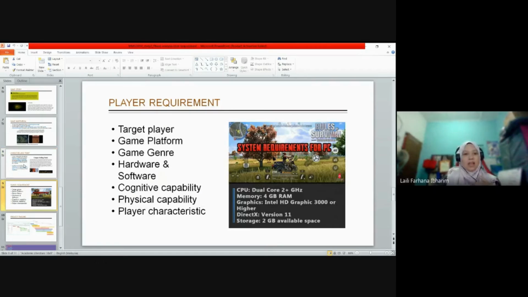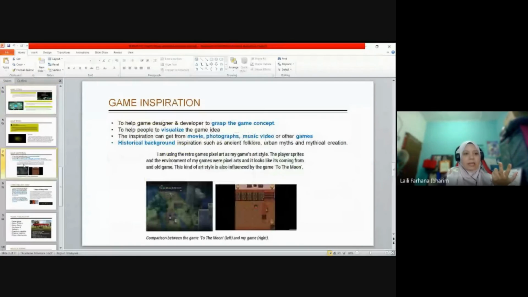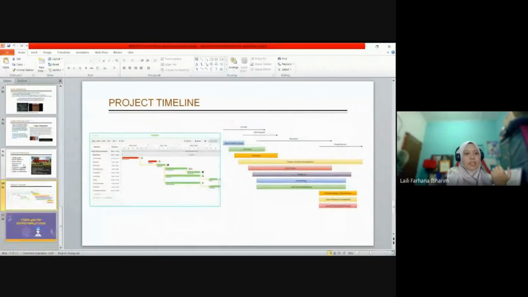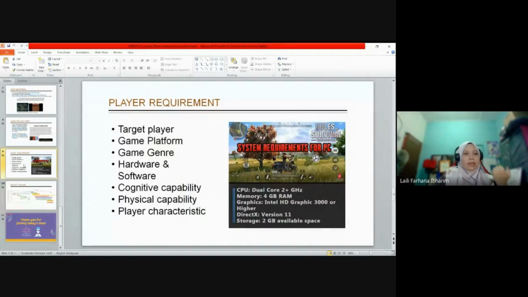Okay, then we look at the player requirement. Okay, kita dah tengok goal design, kita tengok game story, kita tengok apa lagi tadi? Game detail, game story, game inspiration, okay, and then unique selling point, and then player requirements. Okay, player requirement, we have to identify who is the target player, platform apa kita nak guna, genre dia, hardware, software, okay. And here we have cognitive, physical